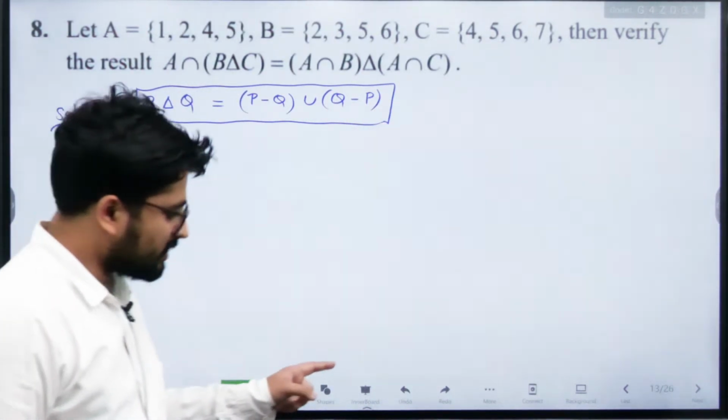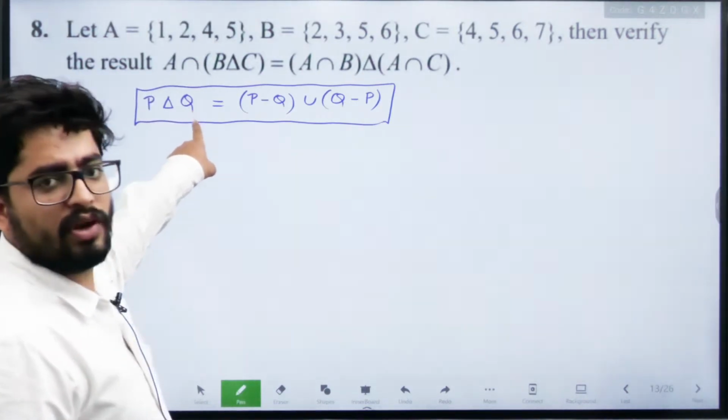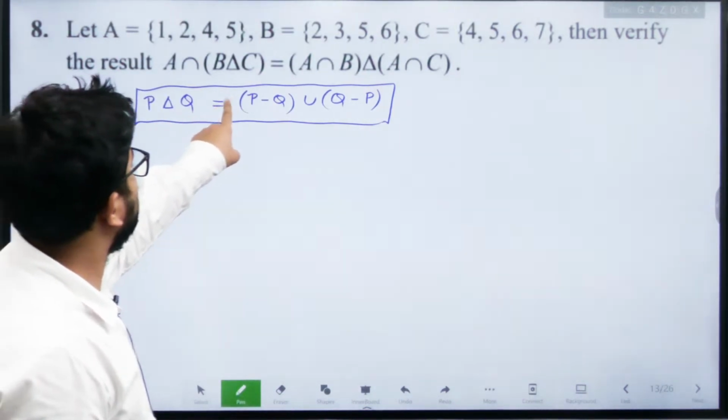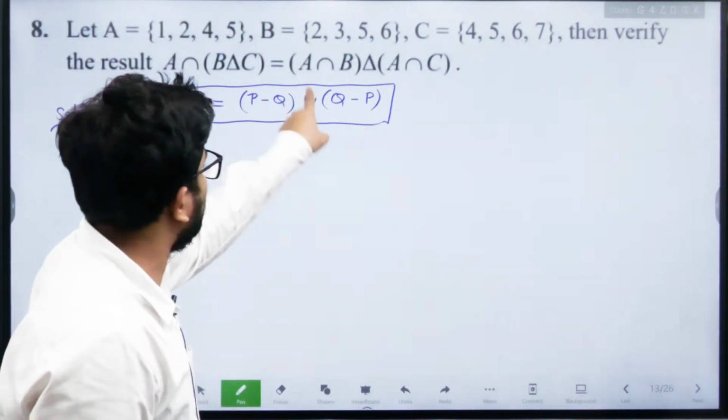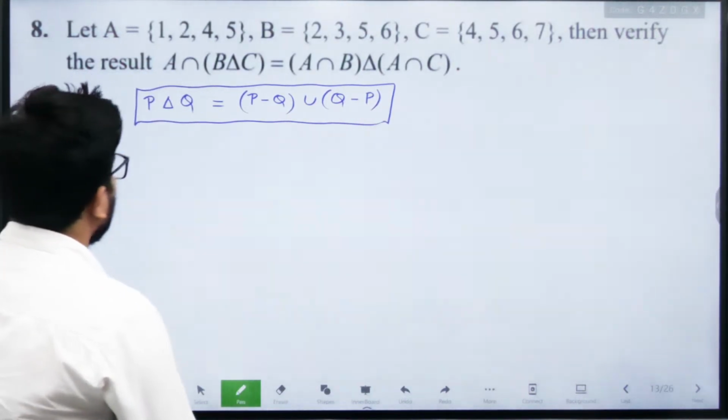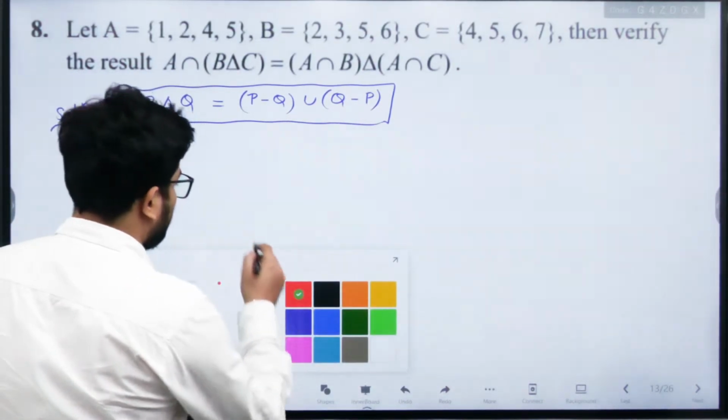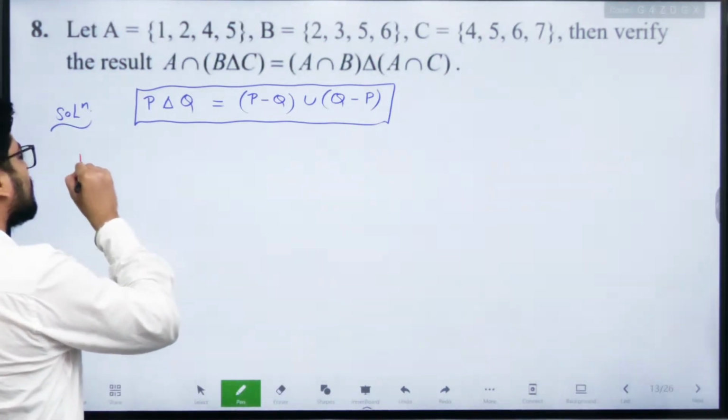Okay. What is this? P delta Q. If you have two sets P and Q, then P delta Q is equal to P minus Q union Q minus P. Okay. So now calculate the left hand side. So left hand side is